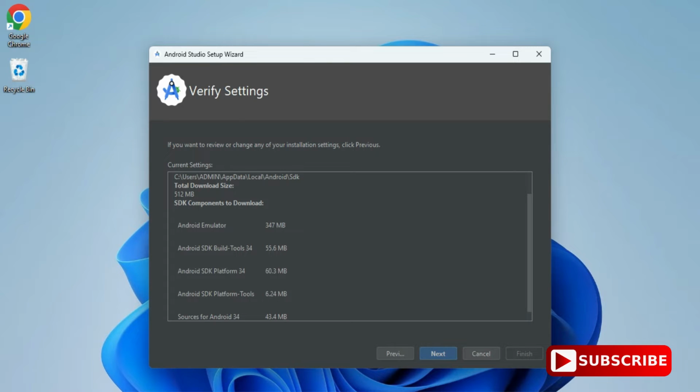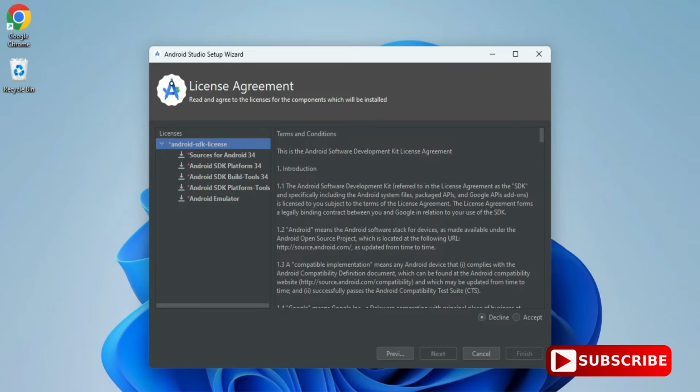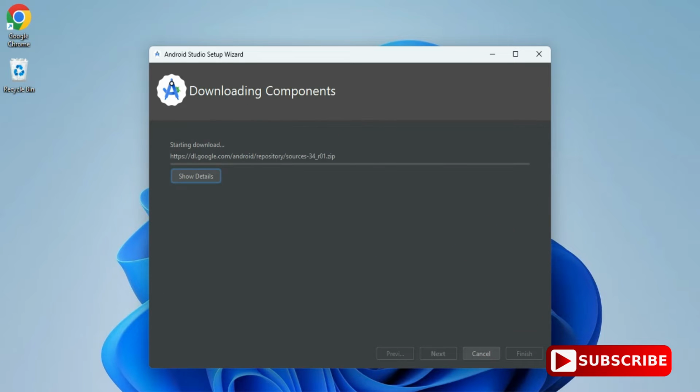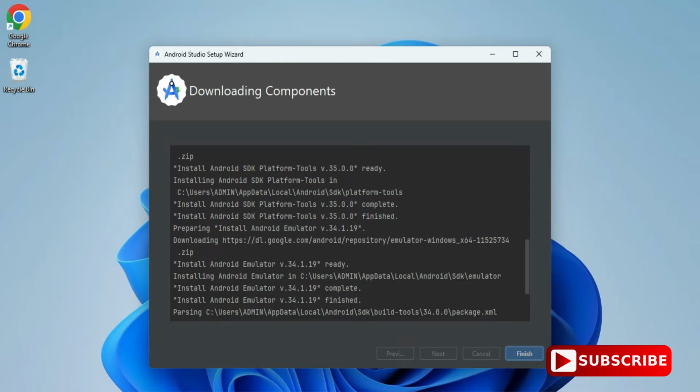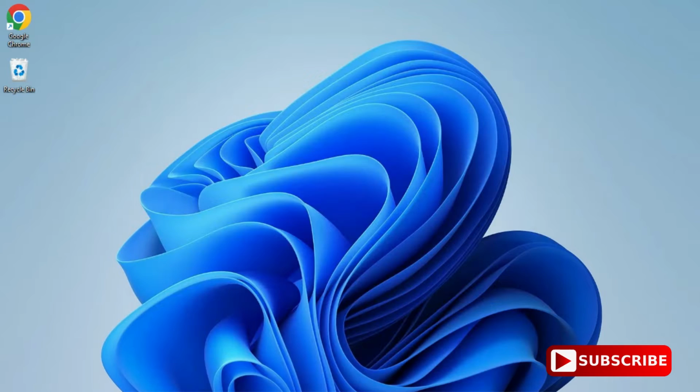So here guys, it is showing different information about the SDK, like where it will be installed, what is the setup type, and what file size it will take. Just click on the next button. And guys, again here for the SDK you need to accept the license agreement. Just click on accept and click on this finish button. It has started downloading the components, so we will wait. So guys, here you can see now it's showing downloading components, and now I need to click on the finish button. It has just shown the information about your SDK, so I need to click on the finish button.